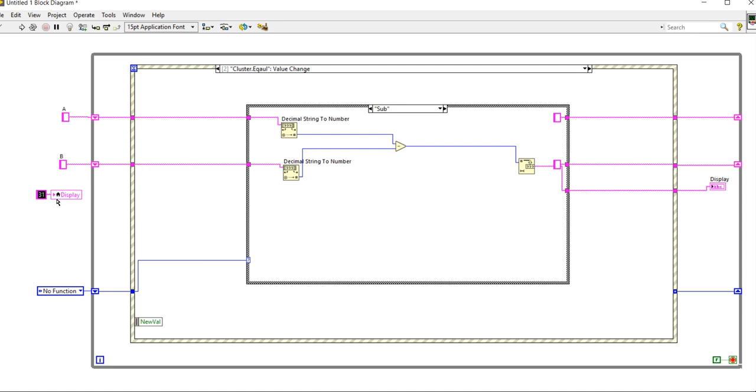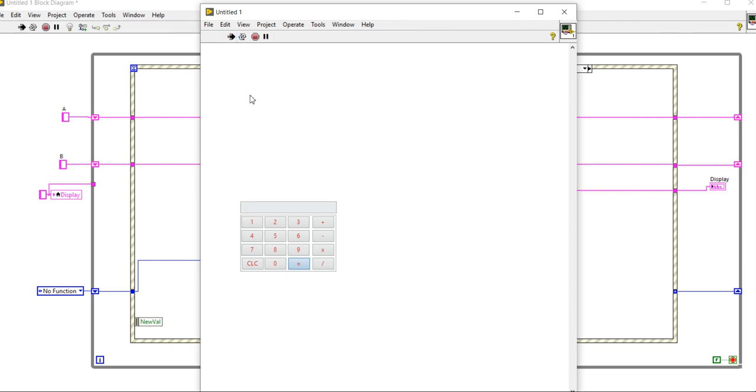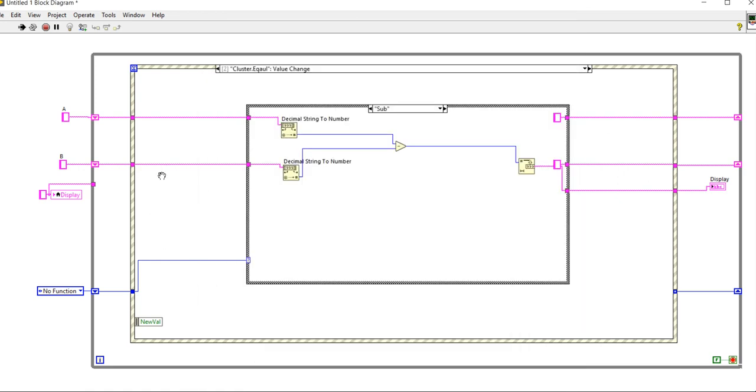Right click, create constant, space, now come here and run. 44 multiply with 3 is 132, so now our program is working.